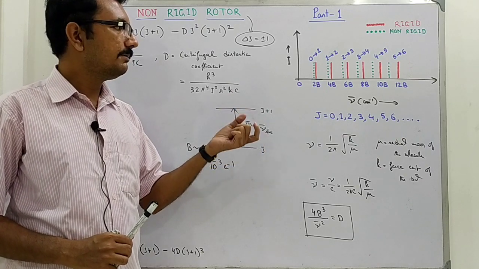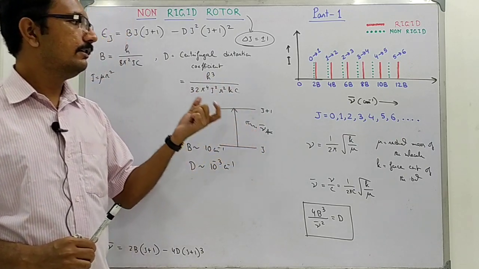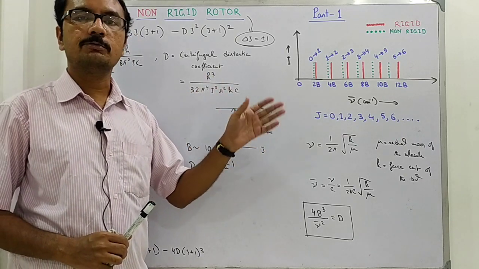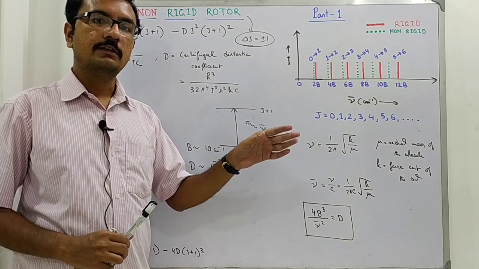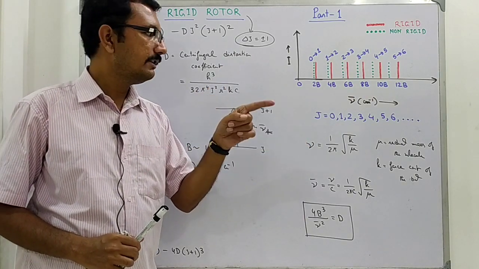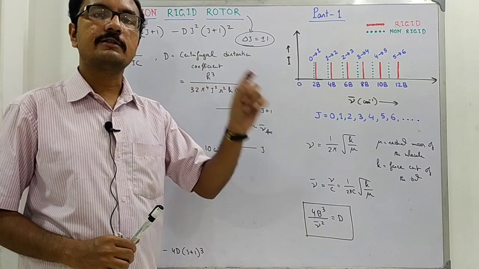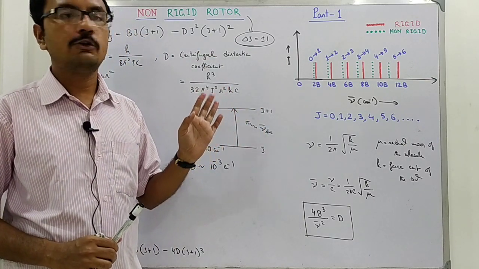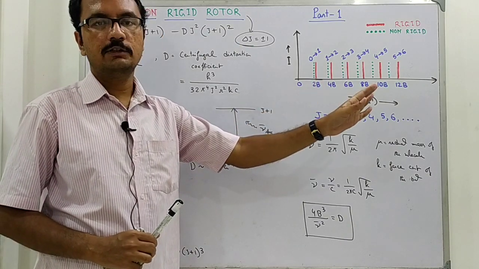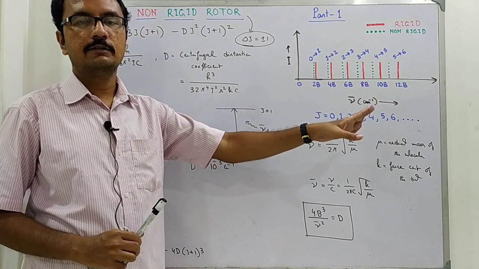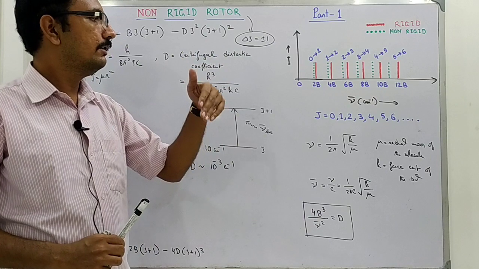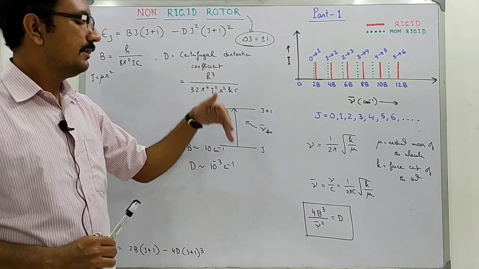And they observed the first line in the rotational spectrum of carbon monoxide. Now, you can ask why they chose the first line, not the second, third, fourth lines. They chose the first line because